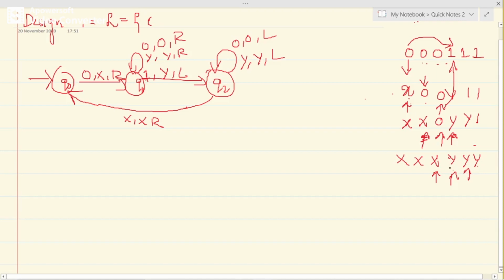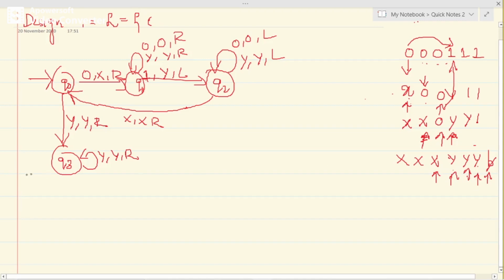So now one thing is clear, there are no more zeros. So let us check whether there are many y's. From Q0 I will take another branch. If I get y, I will take a right move. Again y, take a right move. Again y, take a right move. And the moment you get a blank, take a right move. So for one y you are taking a right move, but here there are two more y's.